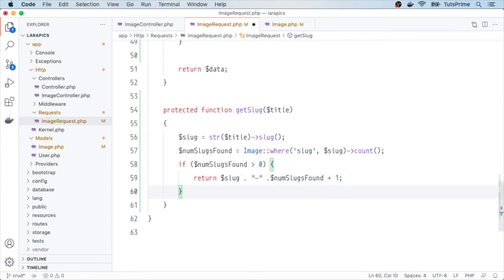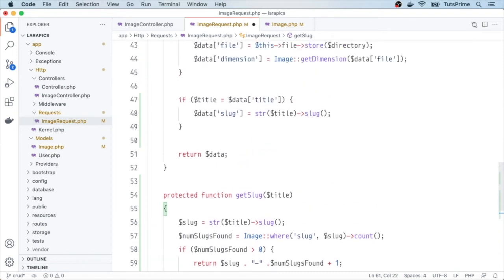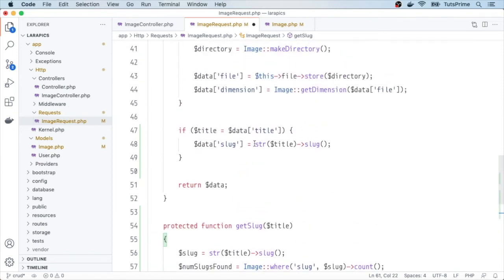Otherwise, we return the original slug. Okay, now let's jump to the getData method. Then replace this with the getSlug method and pass in the title. Alright, let's save